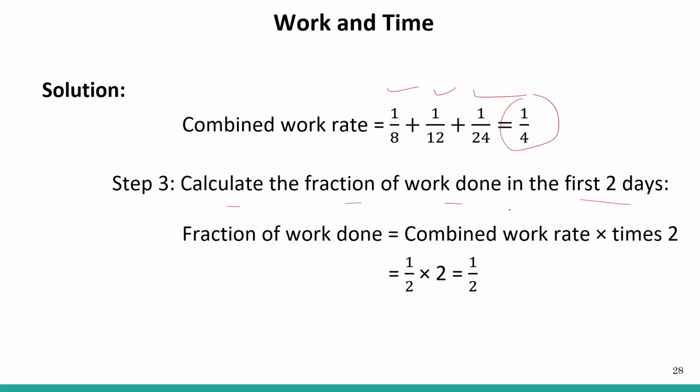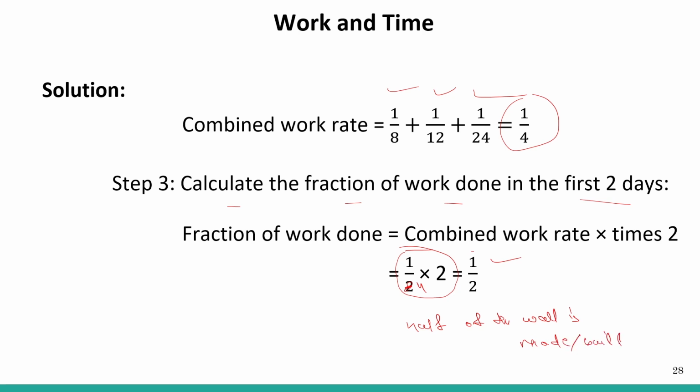Okay, so calculating the fraction of work done in the first 2 days. How much of the work is made in 2 days? So fraction of work done is equal to what? Combined work rate into amount of time, that is 1 by 4 into 2, right? Is equal to 1 by 2. So 1 by 2 is the answer. That is the fraction of work done. That is half of the wall is made